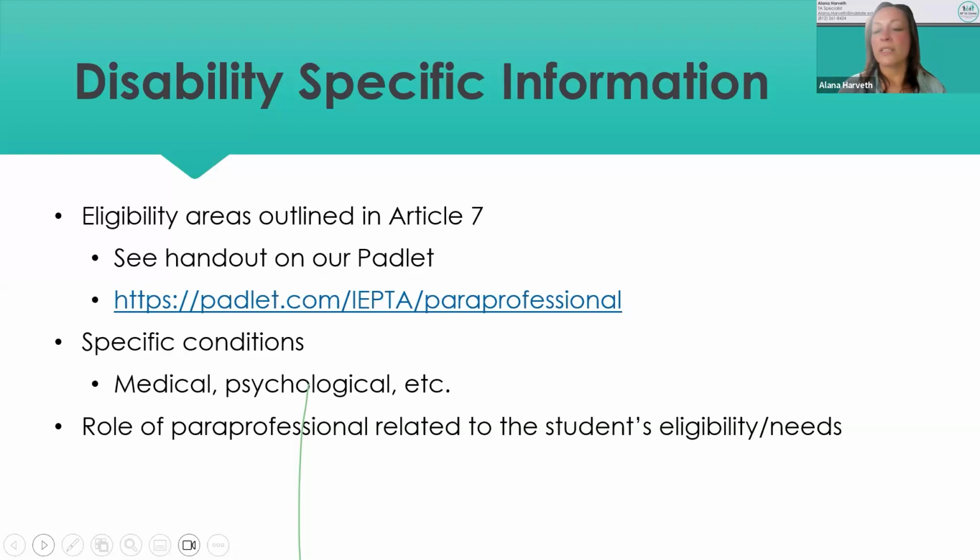And it gets into those specific things, but you probably know the students that you have. If you're assigned to one specific student, you probably know all about that category. If you are a classroom paraprofessional or an instructional assistant, this might be helpful to look at and see all the different categories that kids could have based on their IEP. So it just depends on what you need and what you would like to learn about. That is in the Padlet, in the resource for you to check out. It's really nice because we typed it up in 1 or 1.5 pages, and it has a little paragraph under each category that could happen in the IEP, just for your own information.